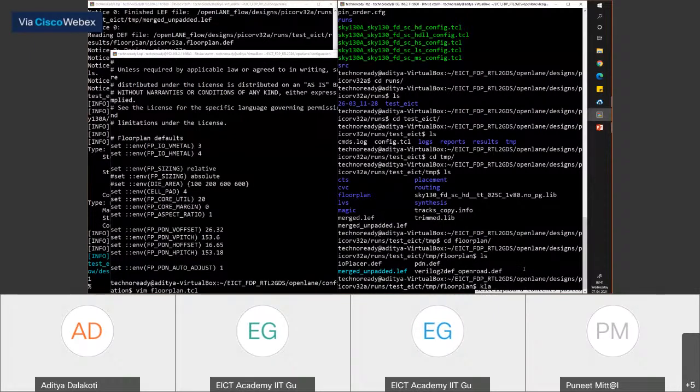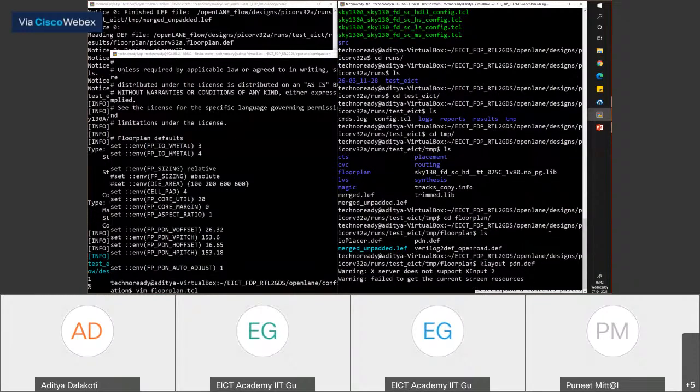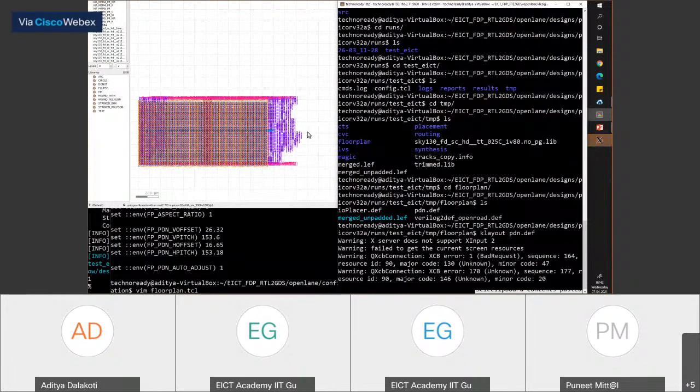K layout pdn.def, and see what comes up. So does anyone see a change here? Basically, my aspect ratio has changed. So X is now bigger and Y is smaller. So evidently it's Y by X.